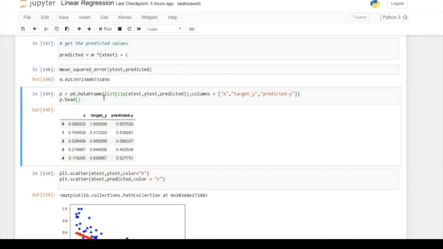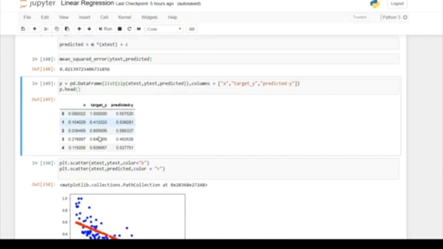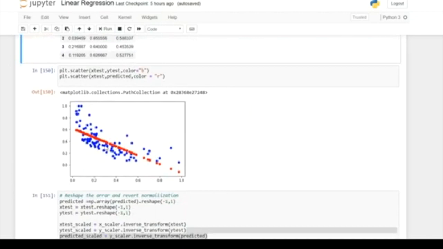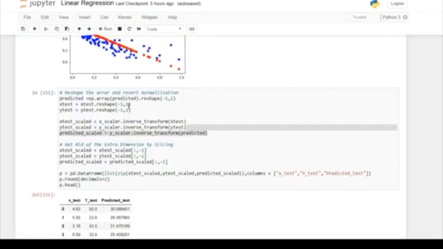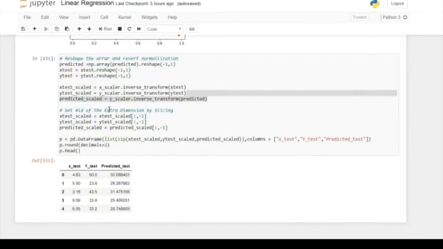And pd.DataFrame(list(zip(x_test, y_test, predicted))), columns equal to x, target y, and predicted y, and these have been printed here. The graph has been successfully plotted. And here, reshape the array and revert the normalization. Here the reshape function is used, and the scaler function to get rid of the